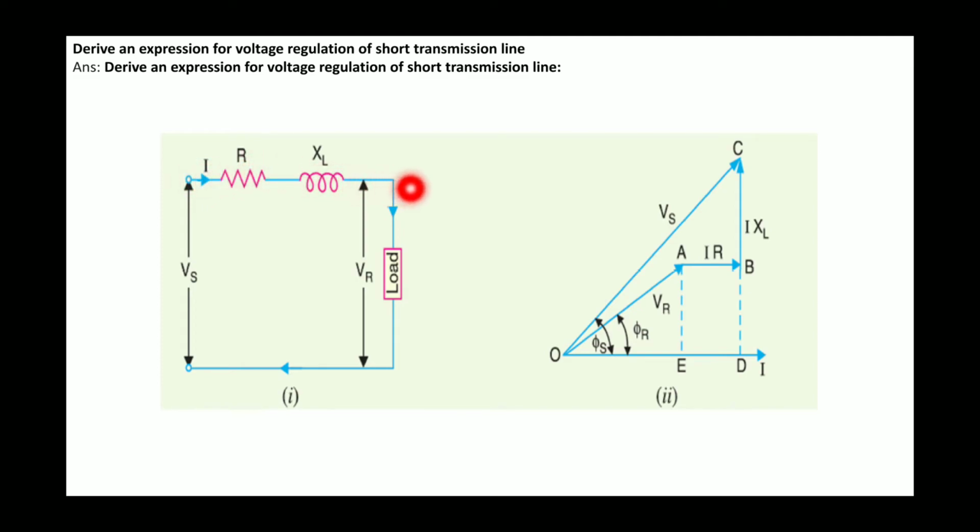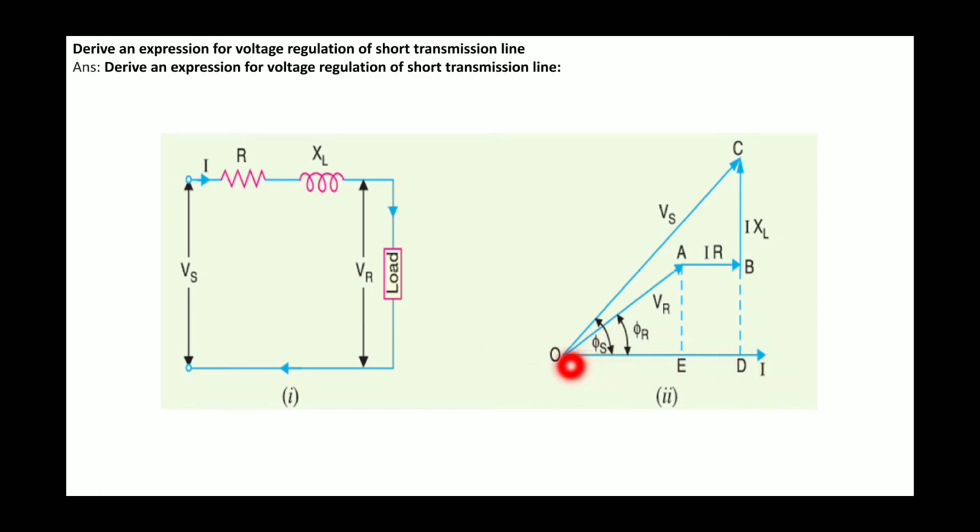This is the transmission line, which is connected to the load, and then there is a return path. This is the sending end voltage, this is the receiving end voltage. This is the R and L. The transmission line is the combination of the resistor and the inductor. By using this equivalent diagram, we draw the phasor diagram. How do we draw this diagram? A very important question, always asked in exams: draw the equivalent diagram of the short transmission line and also draw the phasor diagram of the short transmission line.